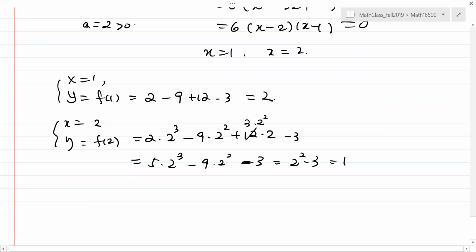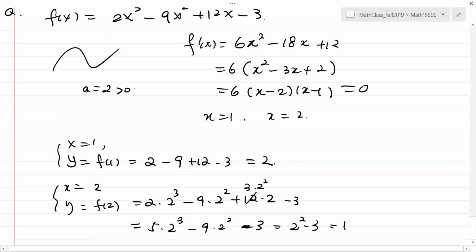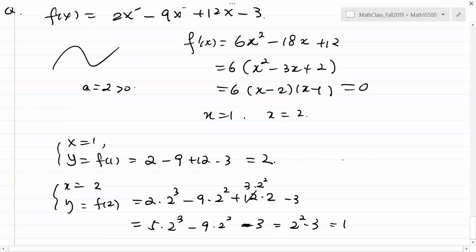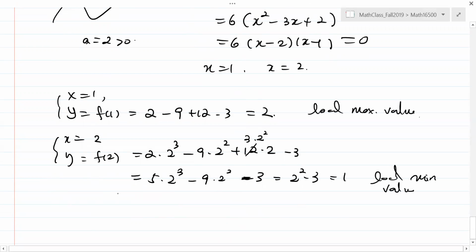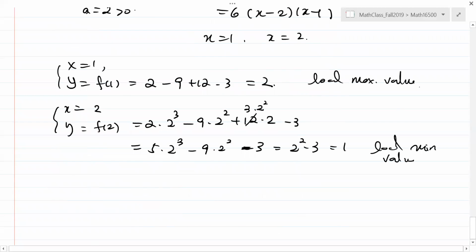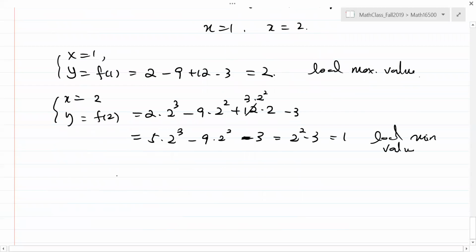All right, so we got two numbers. If you look at the picture, this should be the local maximum value, and this should be the local minimum value. And we can sketch this graph right now. When x equals 1, y equals 2. When x equals 2, y equals 1. So the graph looks like